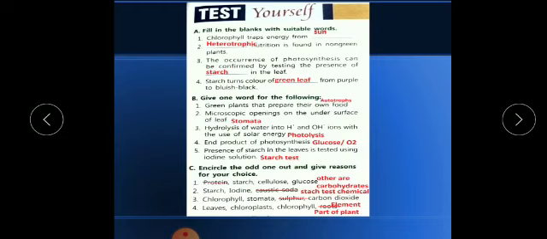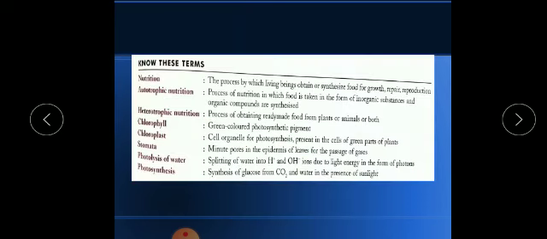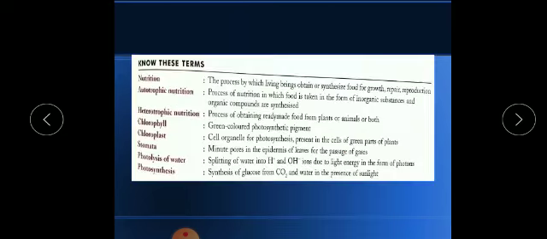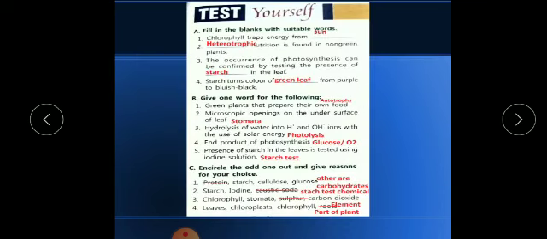Now children, after this there is a D part, answer the following, which we will discuss in the next video. I told you to write these definitions in copy, same as after writing this B part and this C part, both the give one word answer type and odd one type, you should write in the copy. So that definition and both the B and C part also please do in your copy. All right children, so this is your homework.